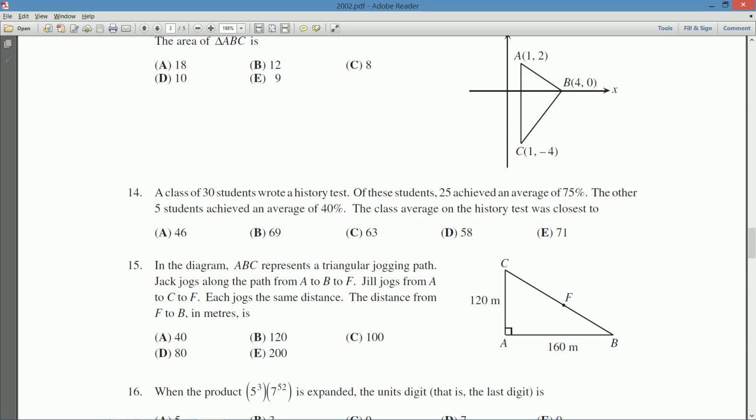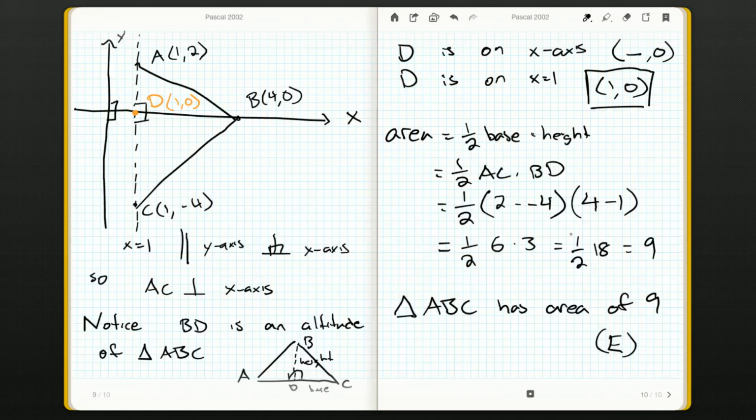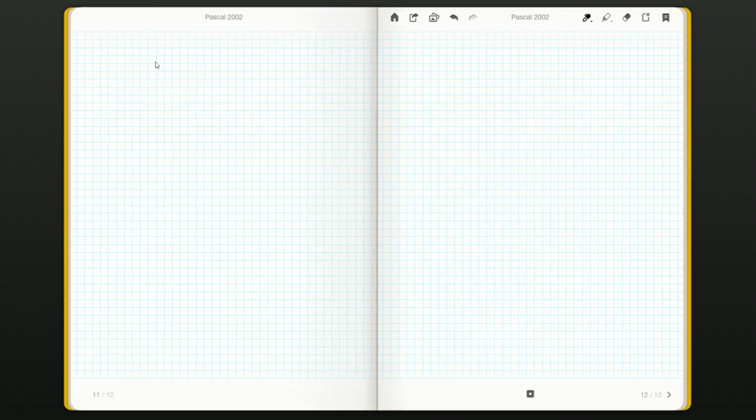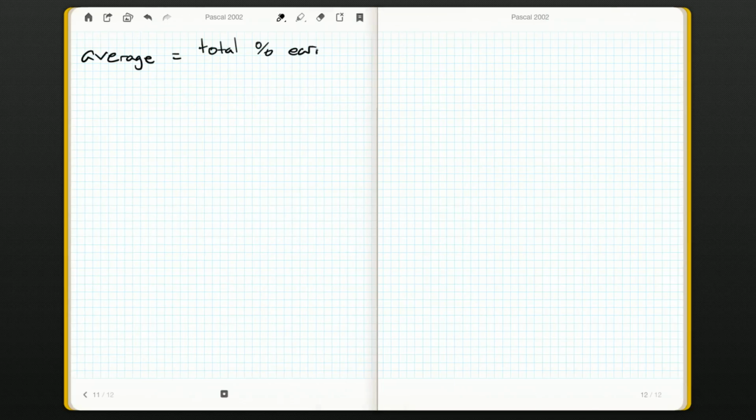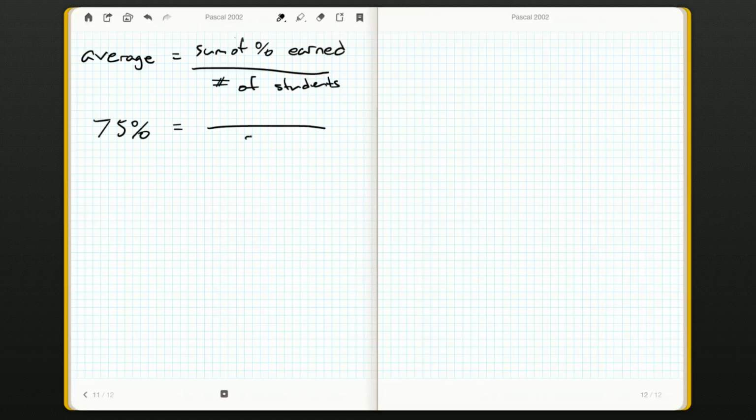Okay, so 25 achieved an average of 75%. Well, how do we calculate averages? So we calculate the average by, let's not say total, let's say sum of percent earned, divided by the number of students. Okay. So if we know that 25 students had an average of 75%, we know that if we rearrange this, we can say 25 times 75%